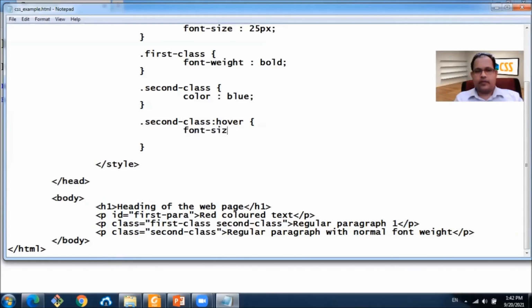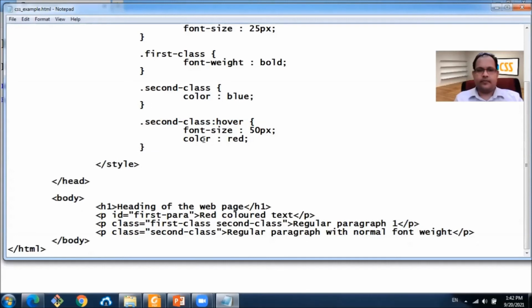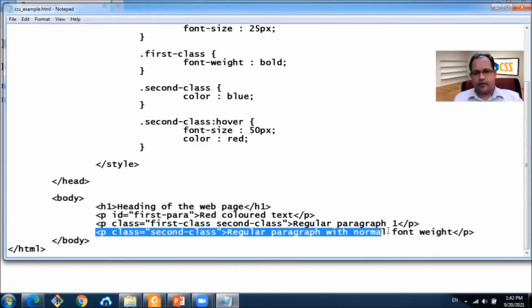Font size 50 pixels, and also color red. So this will apply to this paragraph.